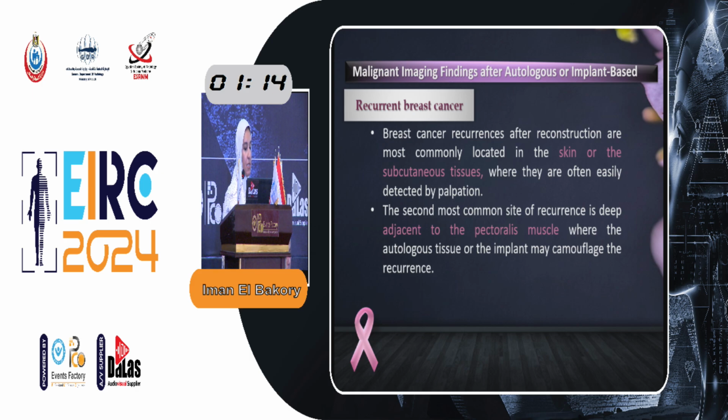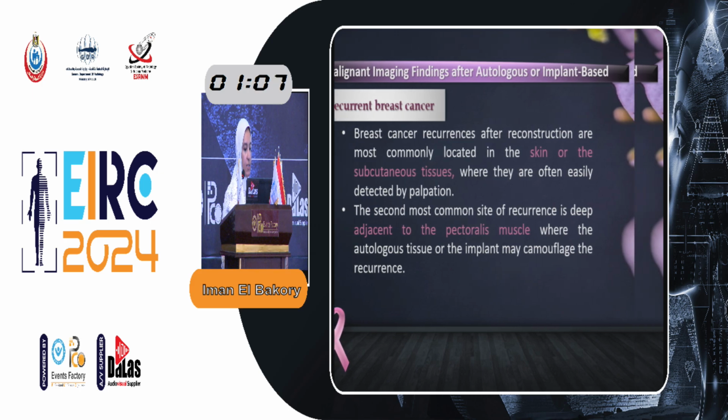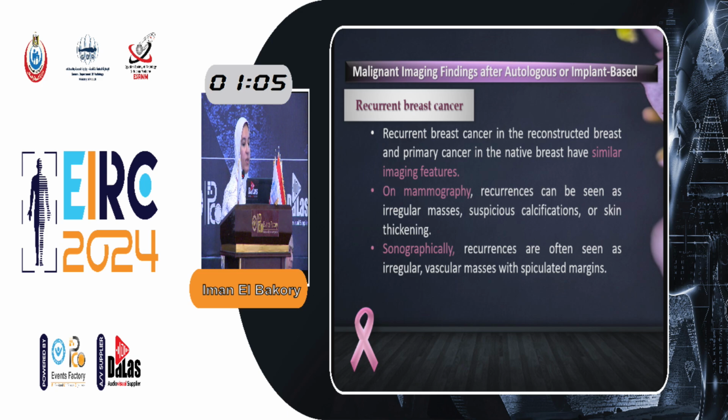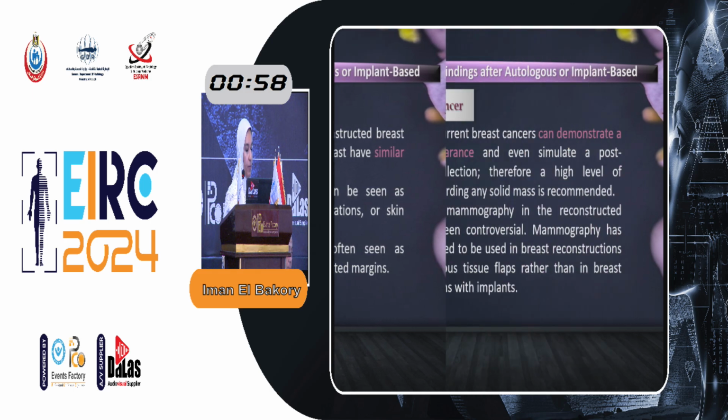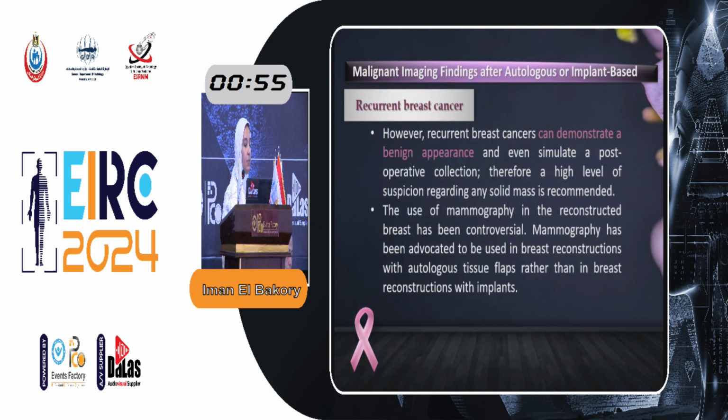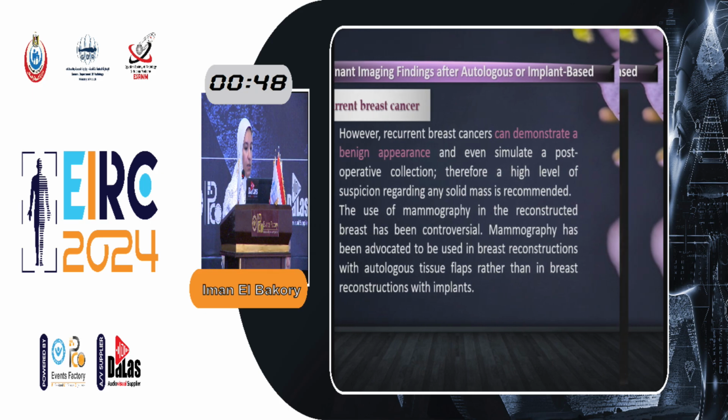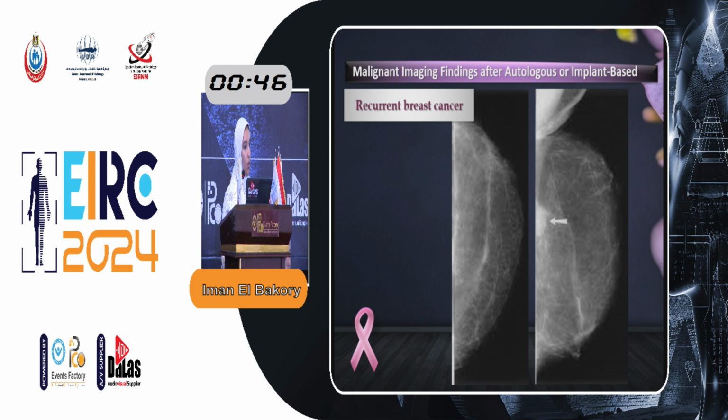However, the second most common site is the presence of the muscular infiltration or muscular recurrence, which is a completely hidden site apart from the imaging study. So we talked about the imaging finding in the recurrent breast cancer. That's completely as the primary breast cancer, yet it can demonstrate very benign behaving lesions, very well-defined oval-shaped masses. Remember the algorithm that we showed. If you're suspecting any well-defined or ill-defined lesion, go for biopsy in reconstructed breast.